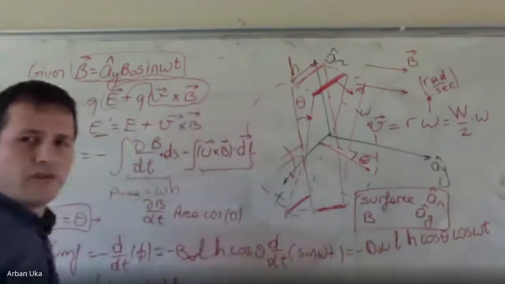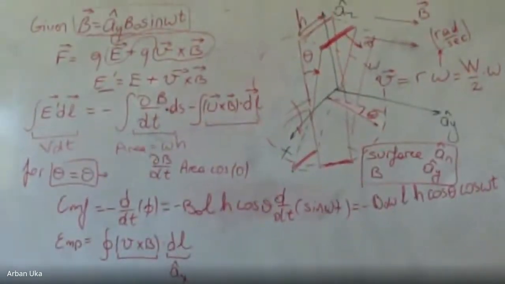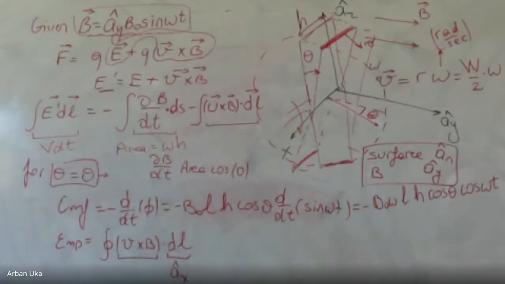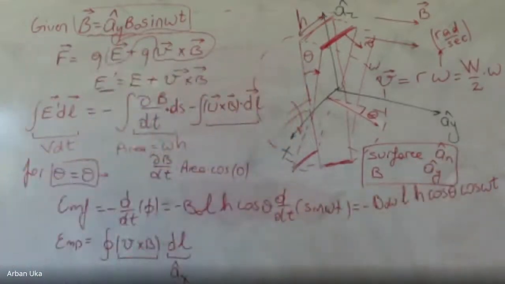So let's think for a couple of minutes about this problem. For this contribution, we have the velocity and the B, and we also want to know the effective angle between these two components, the surface area element and the AN. And when we do the cross product between these two values, we get AN dot